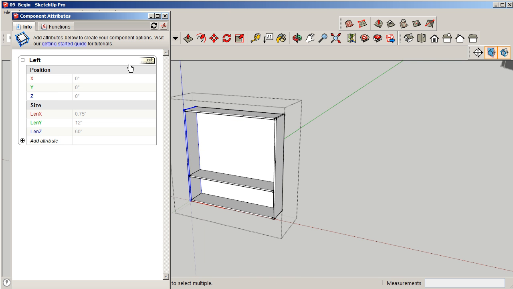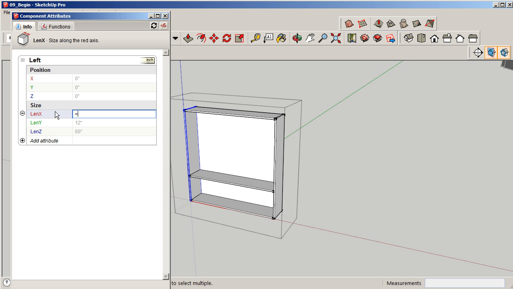I'm going to right click and expose my attributes. So what I want to do here, my positioning, we're A-okay with that positioning because I definitely want to start my model at this origin. So I don't want to adjust anything as far as its positioning, but I do want to tweak the sizing. And the great thing about building it the way we did was we already see some of the values in here, so we know exactly what's what. So for our length x here is 0.75, which is this length here, which is our material thickness. So I'm just going to say